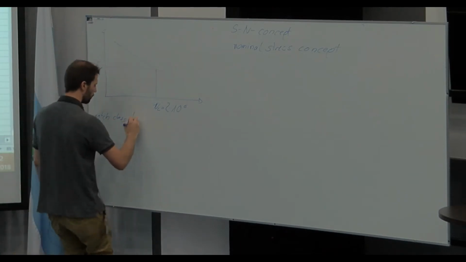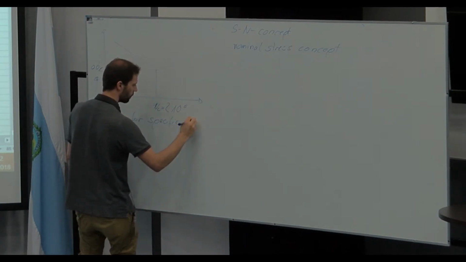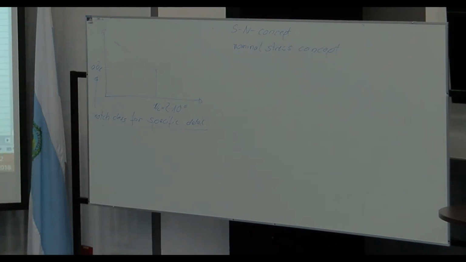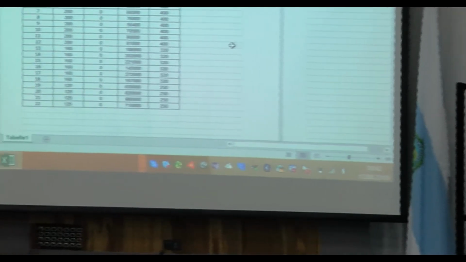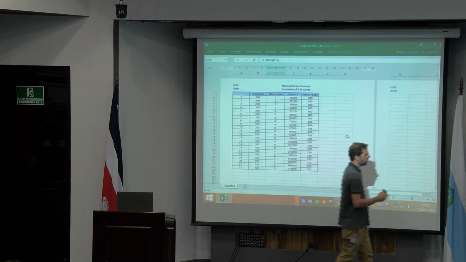for a specific detail. But of course, the question at this level is also how this notch detail is defined. Of course, there we run a lot of testing, a lot of different specimens were tested, and at the end, in some committees, they decided, okay, this is the notch class which will be applied,